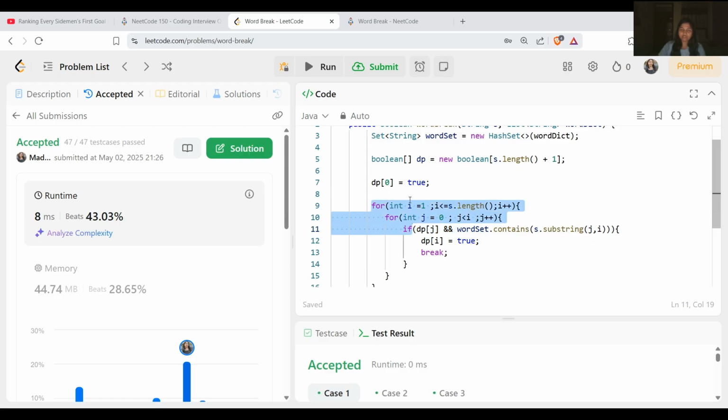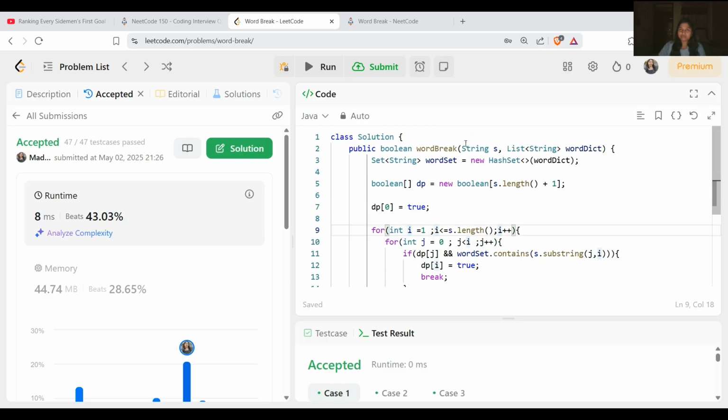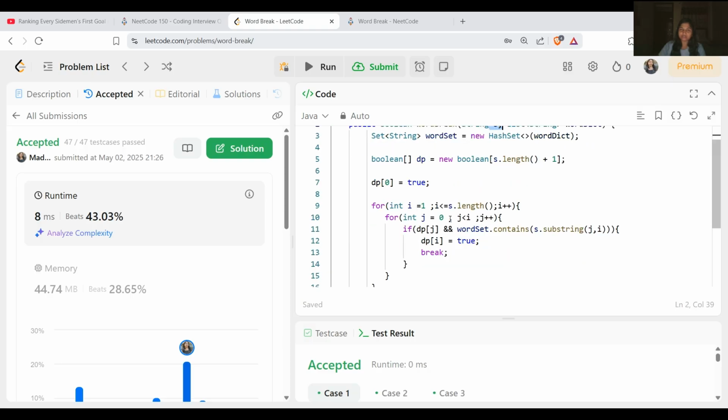And the space complexity is O of n plus m, where n is the length of the string and m is the total characters inside the dictionary.